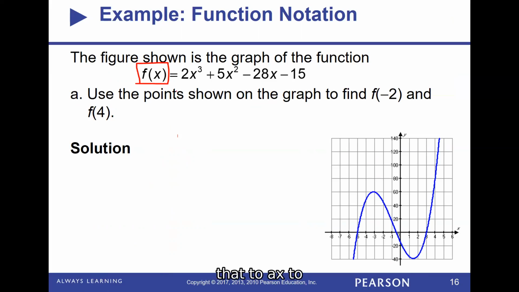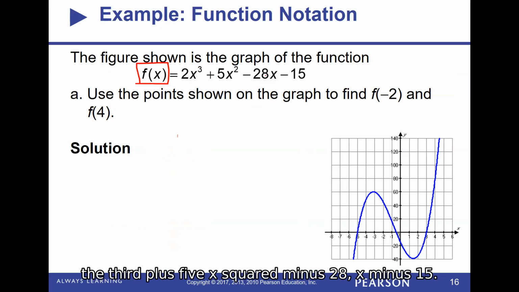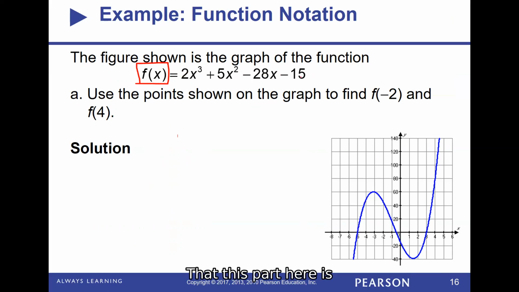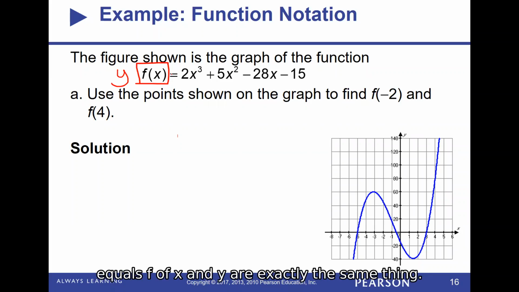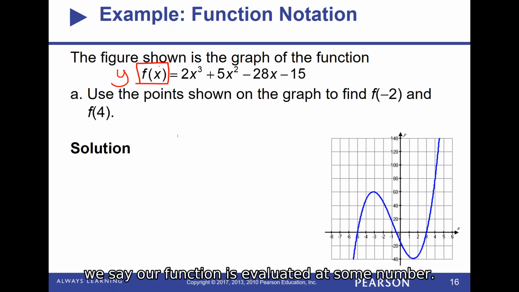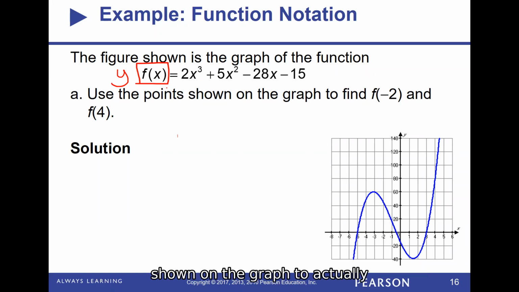please remind yourself that 2x to the third plus 5x squared minus 28x minus 15, this part here is the function that we're actually putting in the graphing calculator to graph it, but f of x is the same thing as if I had just said y equals, okay? f of x and y are exactly the same thing. It's just a way to do function notation, okay? So instead of saying y equals, we say our function is evaluated at some number. So we're going to use the point shown on the graph to actually find f of -2 and f of